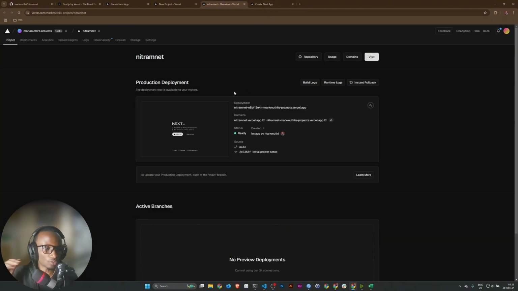So Vercel makes this process much easier. Later on, when we get to deploying to a VPS, we'll see the longer process of doing this. I mean, you can still set it up using pipelines in such a way that all you have to do is push code to GitHub, and then it picks up and runs the scripts, runs any tests that you might have.